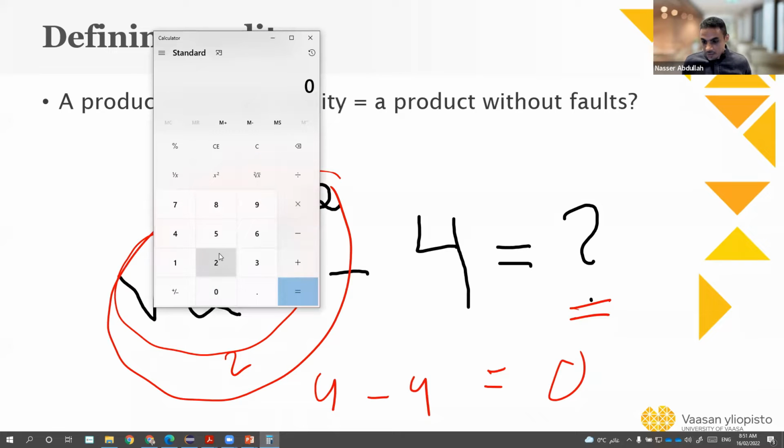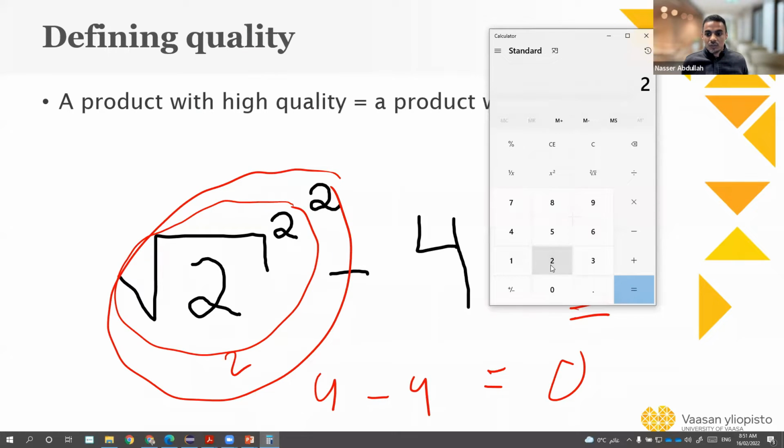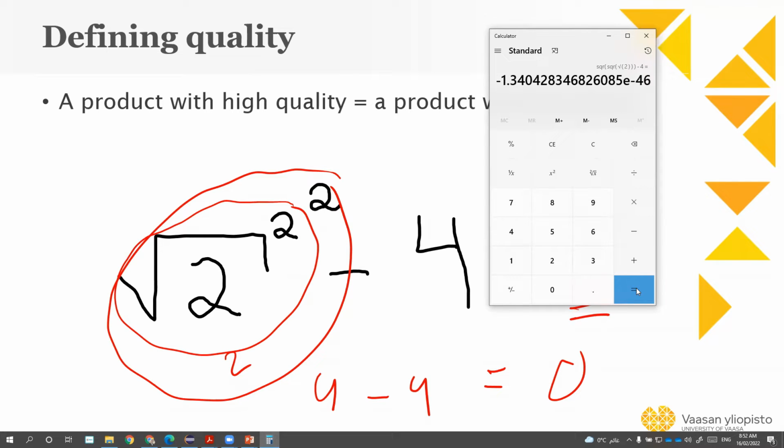if we do it, I hope I can do it. Okay, we say what's for 2, right? Sorry, let me see. 2 square root, right? And then where is the power 2? Power 2. Okay, it's correct. Minus 4. Yeah. It's not 0. What the heck? Yes. This is, guys,